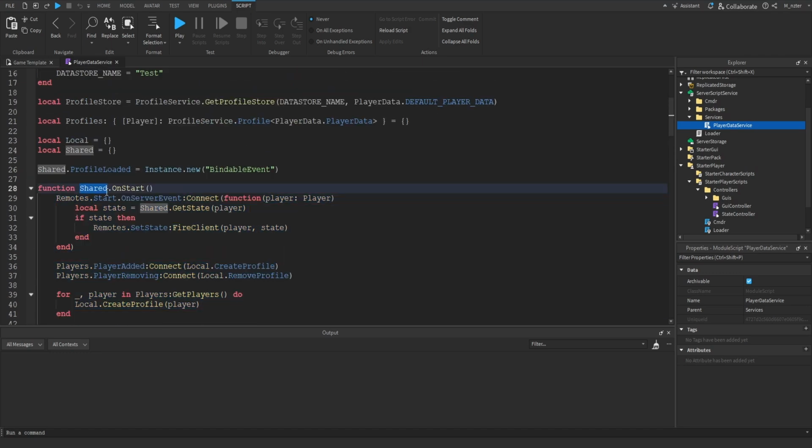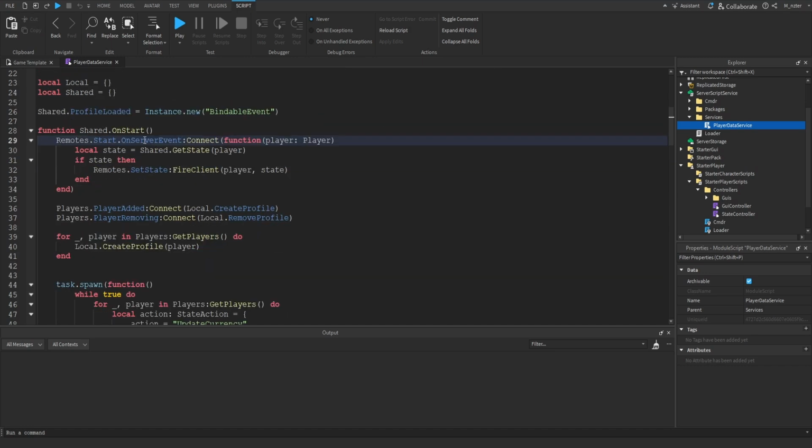Again, this needs to be a part of the shared table because the module framework needs to access the onStart function from your shared table to be able to call the onStart function to begin when the game loads up for the first time. Now, of course, since this is a part of the shared table, other modules would be able to use the onStart function when you require this module script, but just don't do that. Do not use the onStart function in any other module script because this is automatically called when your game starts up for the first time. So you should never actually call the onStart function ever.